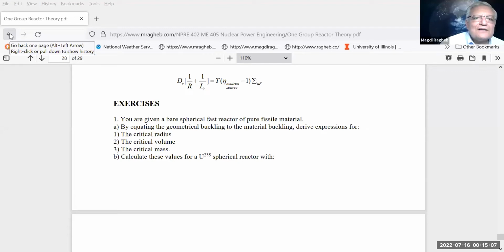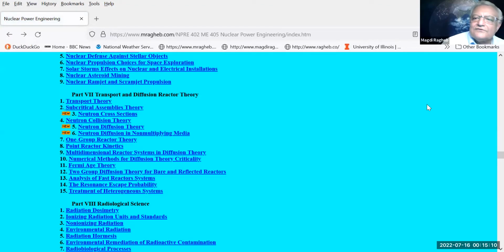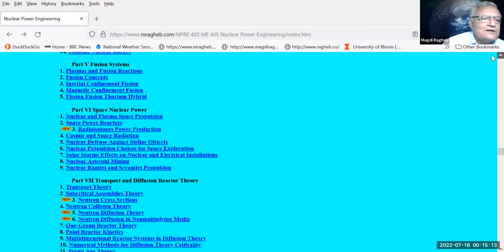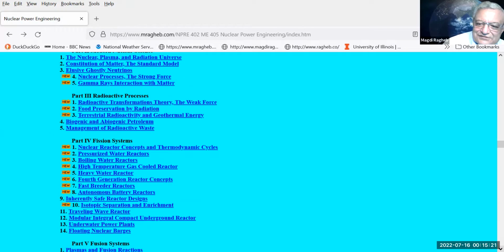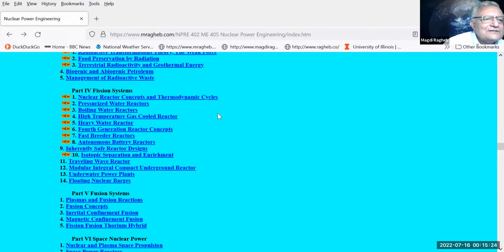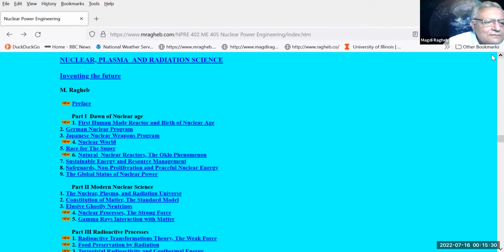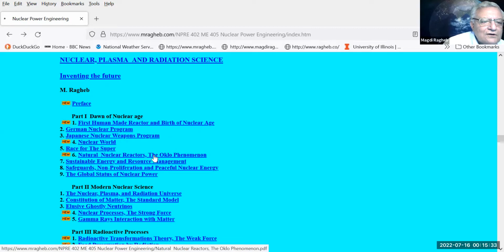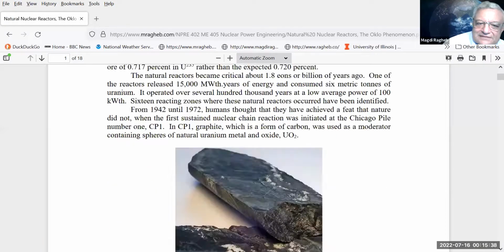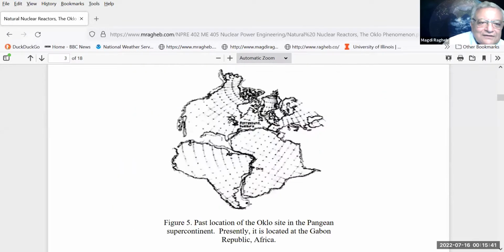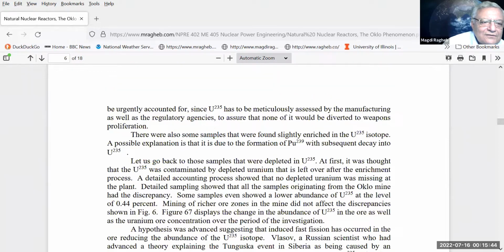And we are going to do something interesting here. Remember, we covered earlier the situation of the natural reactor, the Oklo phenomenon. And in the Oklo phenomenon, nature beat us in discovering fission. Of course, in nature, we mentioned that. Let's see what chapter it was. Natural nuclear reactor, the Oklo phenomenon. We covered that chapter, but we simply bypassed it, intentionally waiting until the coverage that we did today on what happened